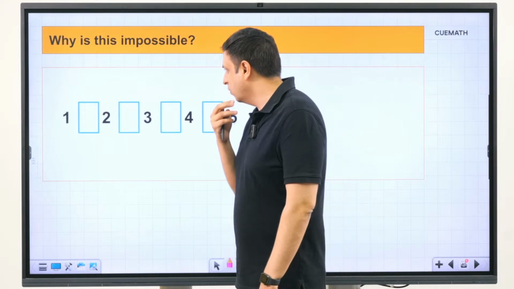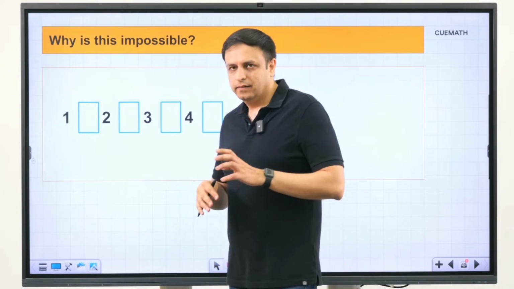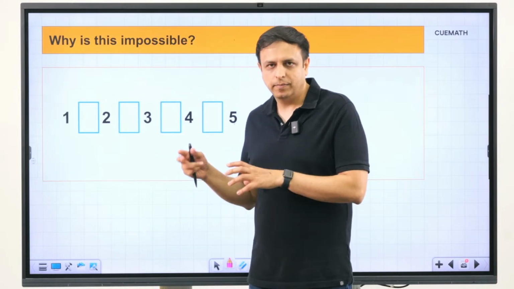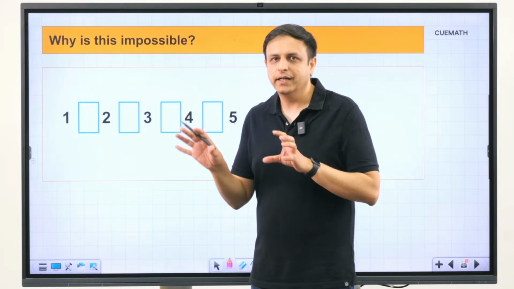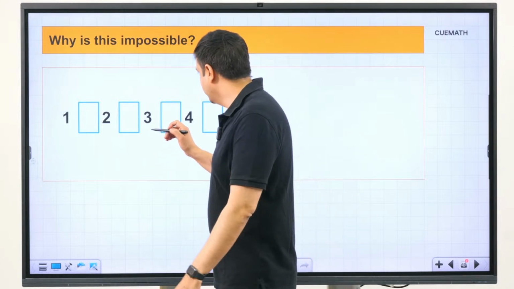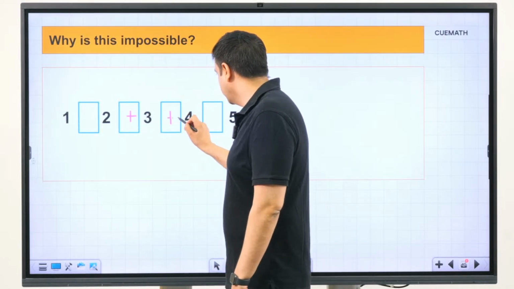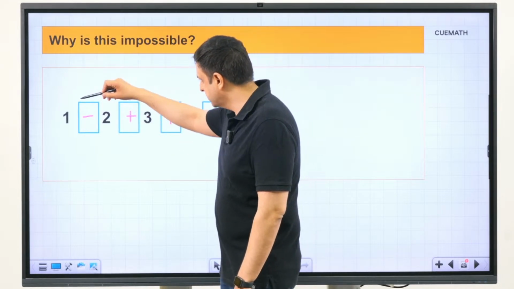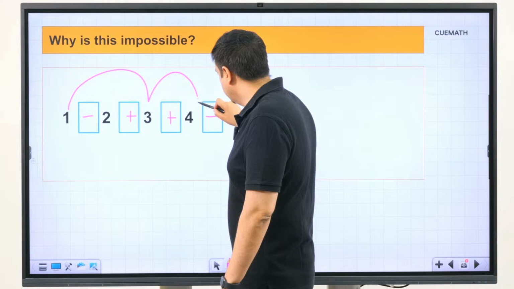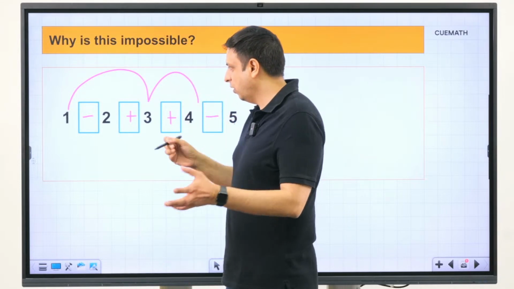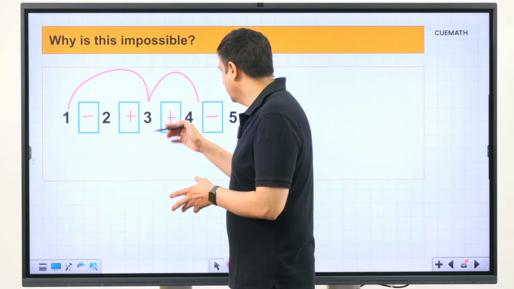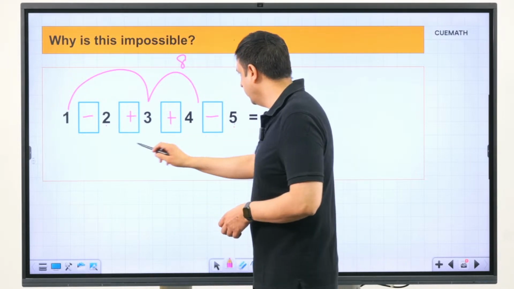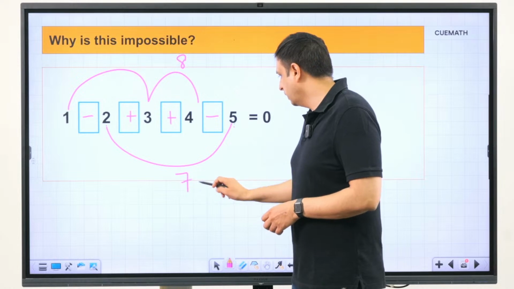To get to 0, what you need is that the numbers being added and the numbers being subtracted are of the same magnitude. For example, if you place a plus sign here and a plus sign here and a negative sign here and a negative sign here, what you're really doing is adding 1, 3 and 4, so all the positive numbers add up to 8, and then the numbers being subtracted are 2 and 5, which in total is 7.